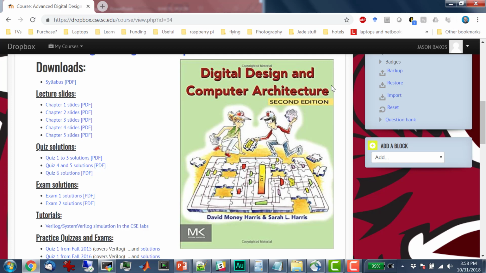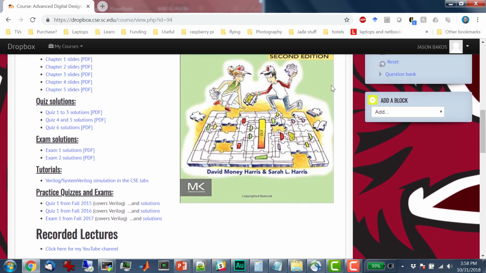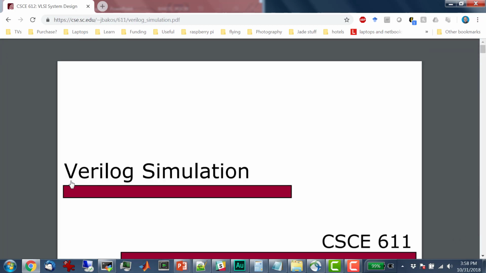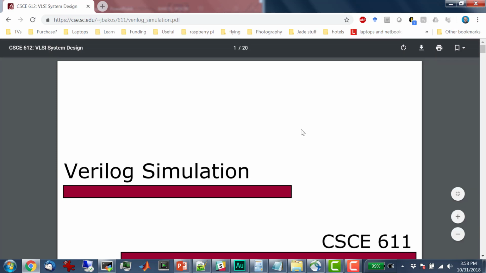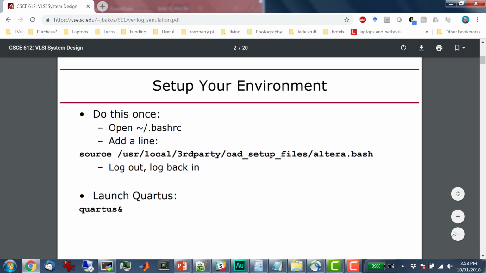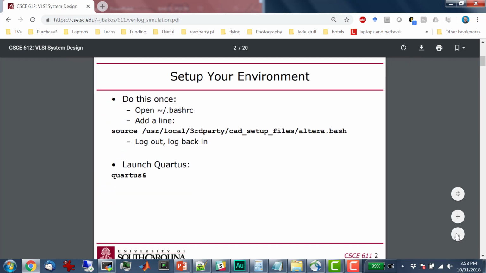I also added this. Somebody asked about a Verilog or System Verilog simulation tutorial, like the ones that I did in class, the last couple classes as a live demo. So I added some slides that show you how to get started with that if you're interested in practicing Verilog. So I've got a script that you can run. This is in Linux. You log into any of the departmental lab machines. There's a script that you can run to